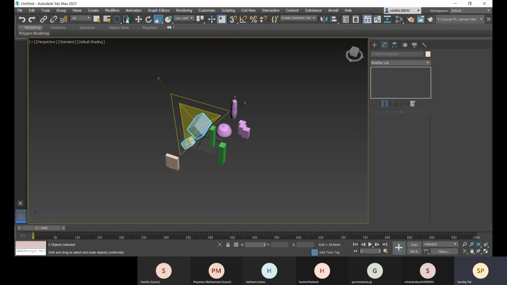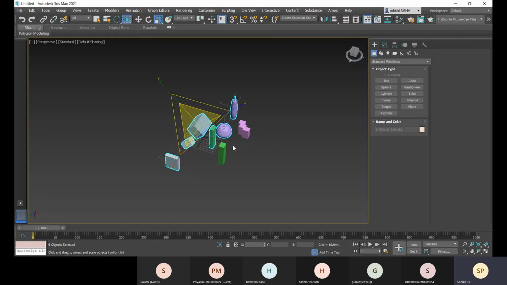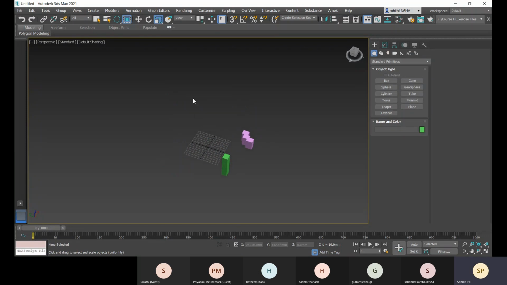Now if I go with window crossing, that means if I cross over any object, that will be selected. It's like the green window selection in AutoCAD. And this window selection is similar to the blue window selection in AutoCAD. So this is how we select and transform.